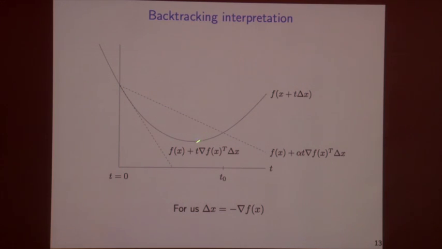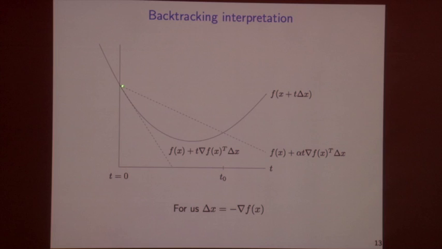Don't try and locate the optimal step size. Just be happy enough if you can decrease the objective function by the amount alpha t times the squared norm of the gradient of f. So you see that alpha is basically giving you the slope of these lines,